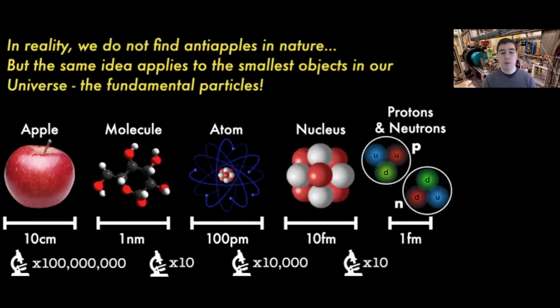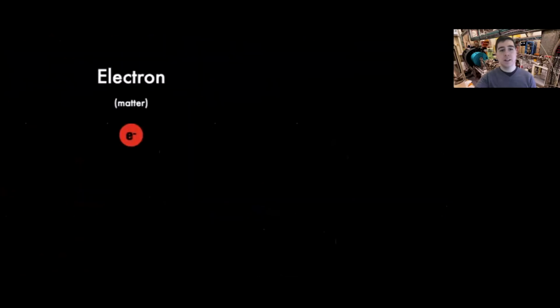If we put lots of these together, then of course we could begin to make atoms and molecules of antimatter, but we usually have enough trouble getting to the particles just on their own. So here is an electron. It is regular matter. It has a negative electric charge, which means that 2 electrons will repel each other because like charges repel.